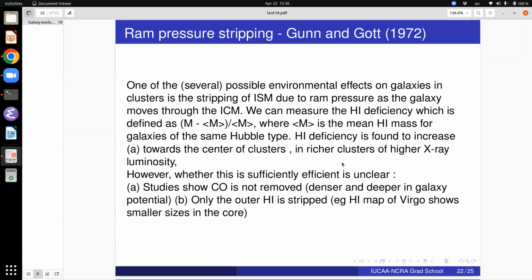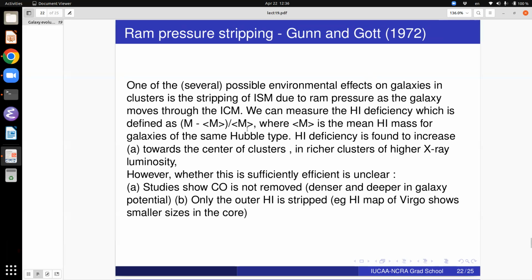So ram pressure stripping is one of the effective ways of reducing star formation in spiral galaxies. The seminal paper is by Gunn and Gott, 1972. This refers to the stripping of the interstellar medium due to ram pressure as the galaxy moves through the intracluster medium. We can measure a quantity which is known as the H1 deficiency, which is defined like this: